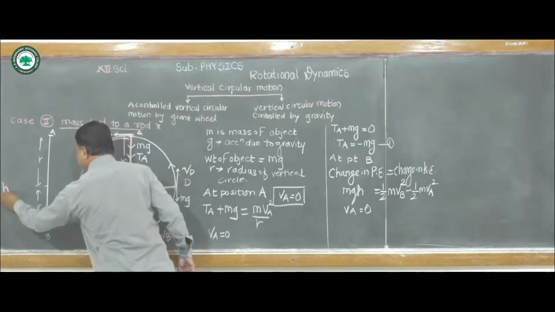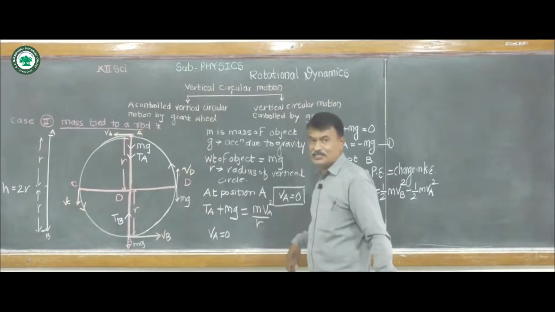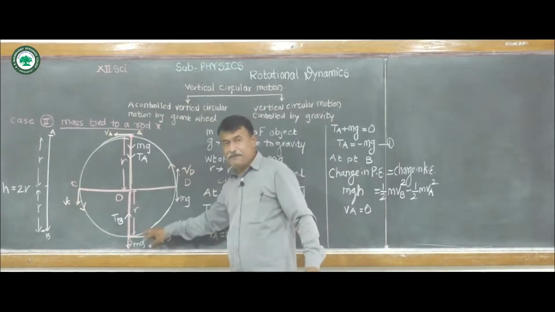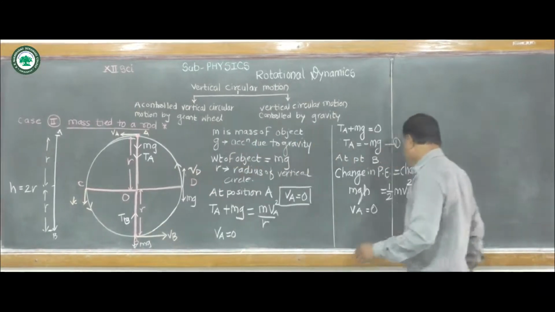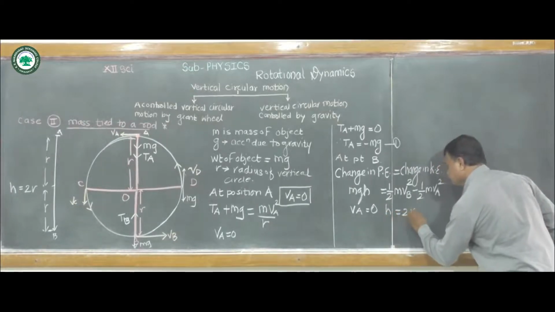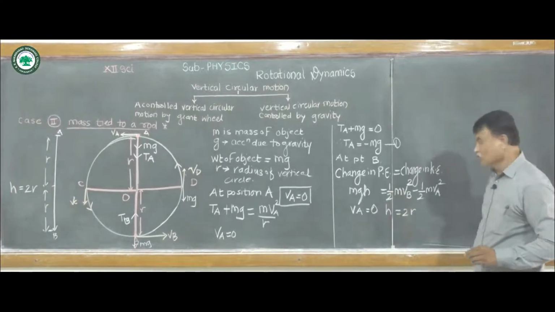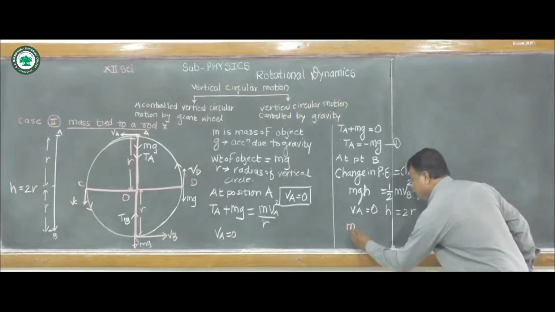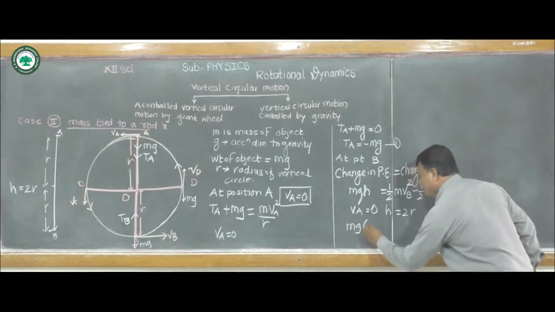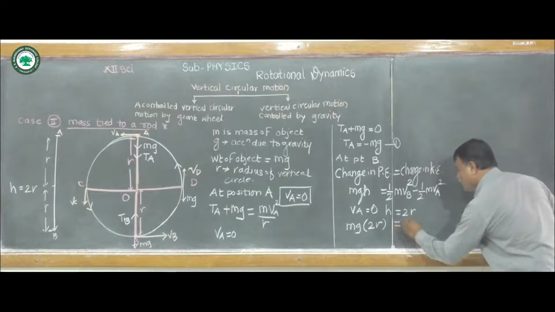So we write h is equal to twice r when we consider positions A and B. Now substitute both these values in this equation. So we get mg into h, where h is twice r, is equal to half